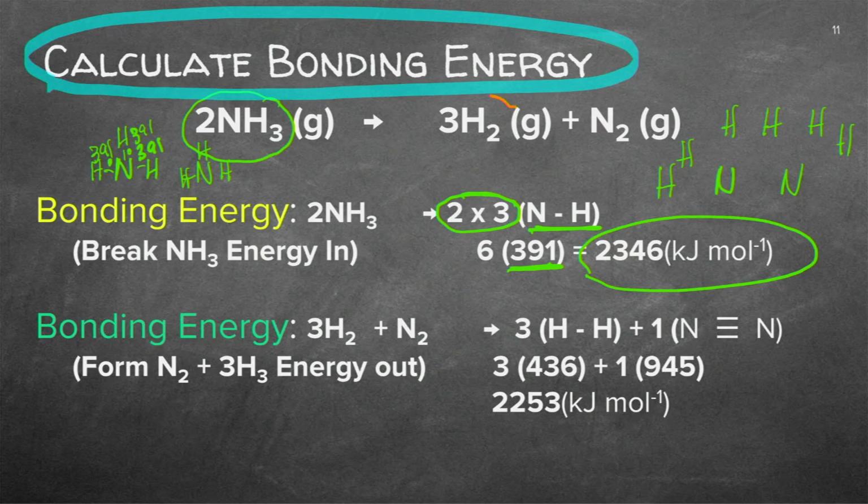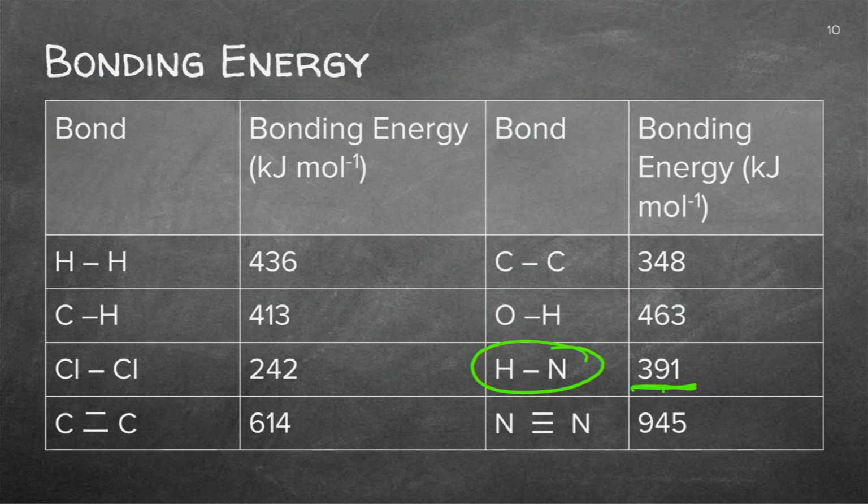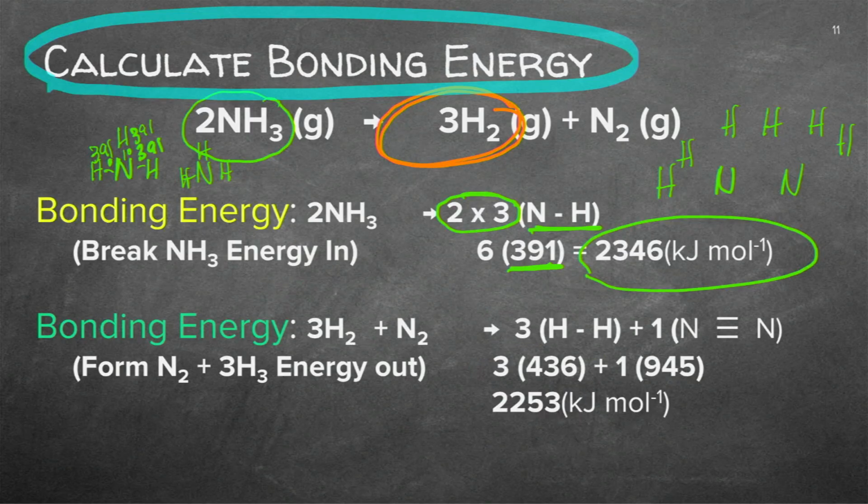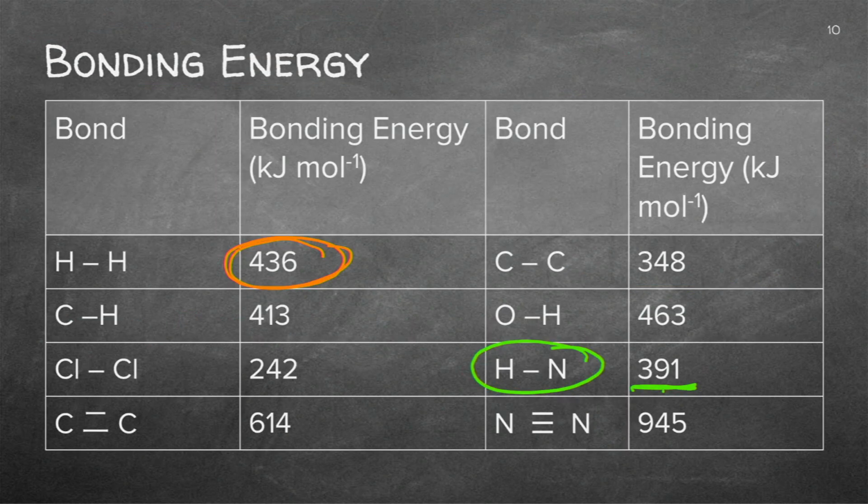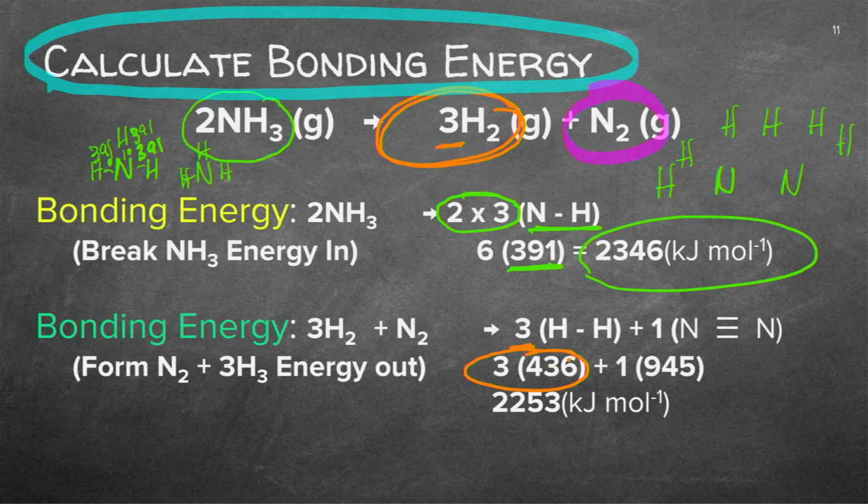Now it's going to form a product. The product is hydrogens moving towards each other. Let's go back to this table. It will release 436. How many hydrogens will there be? 3 of them. So I've got the 3 hydrogens times the 436. I'm also going to form nitrogen. And nitrogen, if we have a look at our table, it is 954. It's quite a lot. So I've got one of them forming there, 954. And if I now add these together, it's 2253.